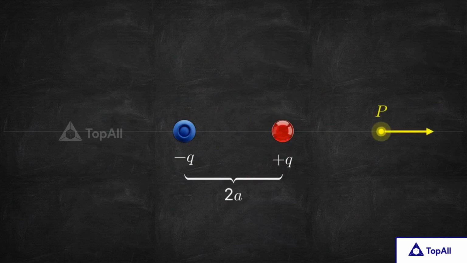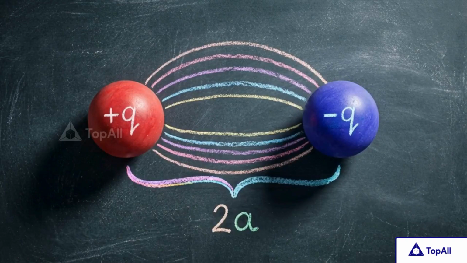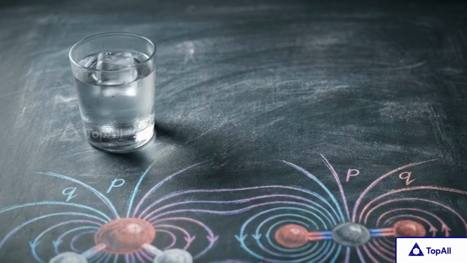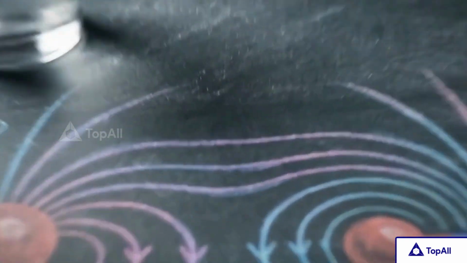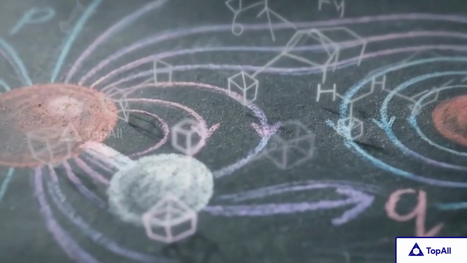Along the axis, the resultant field pushes outward. On the perpendicular equatorial plane, it points oppositely. The mere separation of these two balanced charges gives birth to an invisible, highly directional electric field aura surrounding the neutral pair. To see how this dictates reality, we have to shrink these abstract point charges down to the molecular